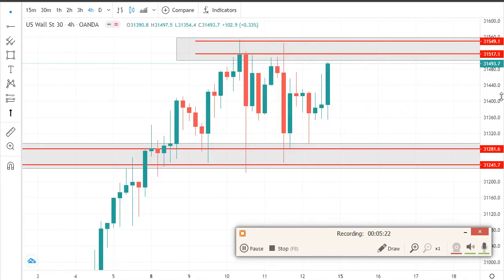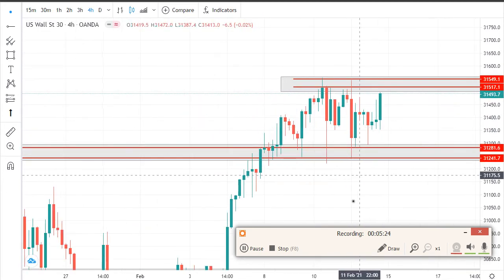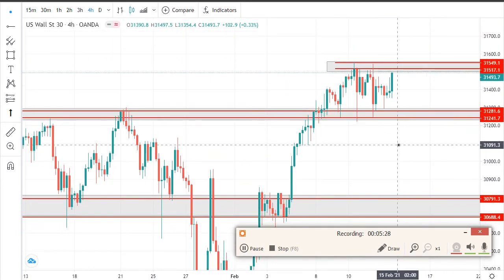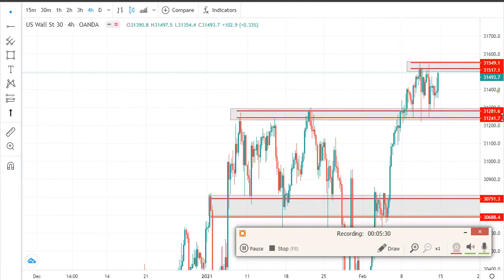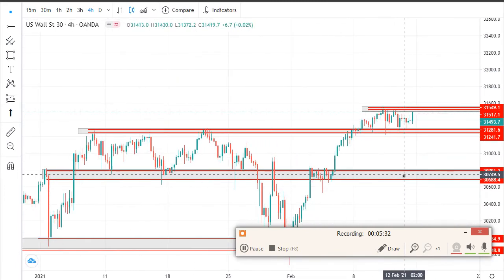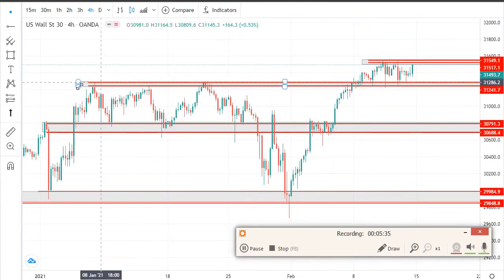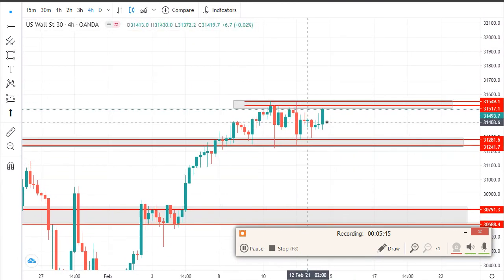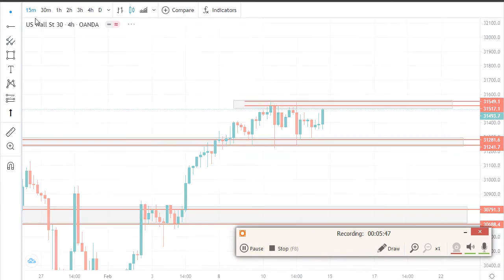It's very good to see a bigger picture of what's going on than to use a very small time frame, because if you use a very small time frame, you might think, you can see this thing, it was just ranging, every time when it's going up, it just breaks this resistance. So for us to be safe, obviously we have to use a bigger time frame. If you come here and use the 15 minutes time frame,